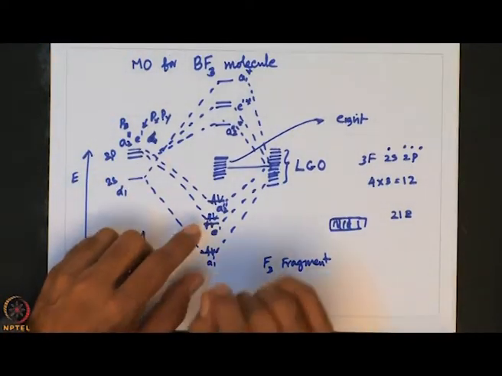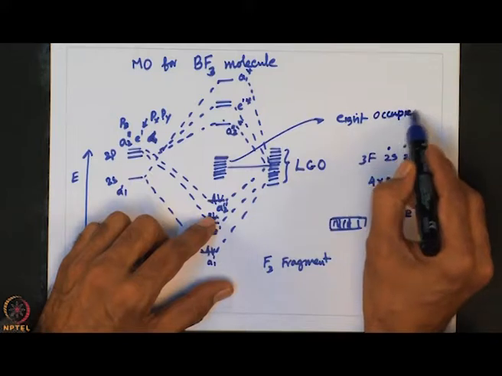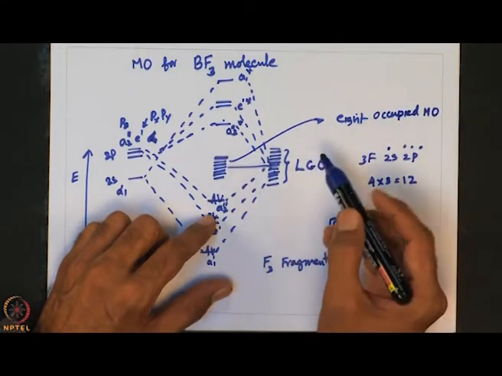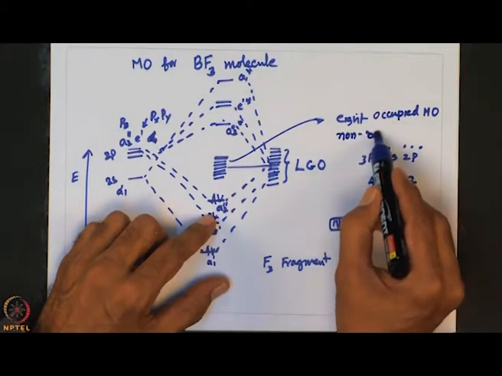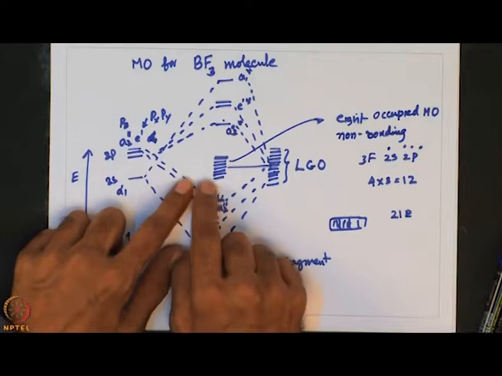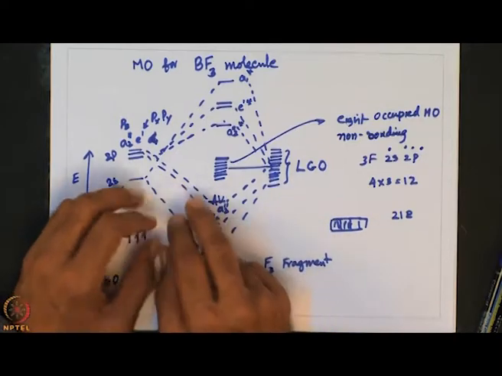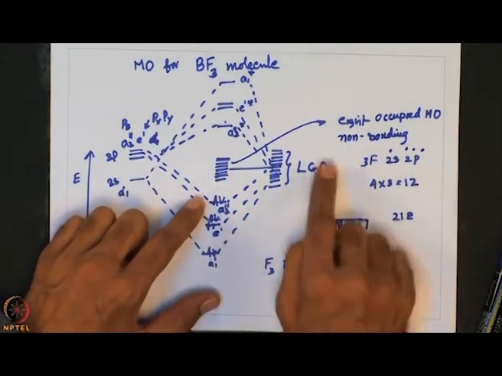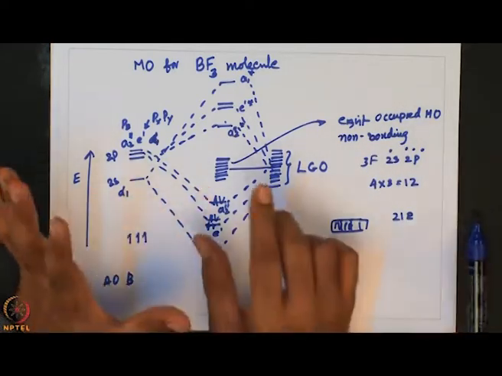For this reason, it is slightly less Lewis acidic compared to BCl3. Such provision is not there in BCl3. Now, the remaining 8 occupied molecular orbitals are there, with essentially non-bonding character. That is the reason they do not interact with any of the boron orbitals. We do not have a suitable symmetry one. So, they remain. That means 8 orbitals essentially should have 16 electrons. So, we should account for 16 electrons now.